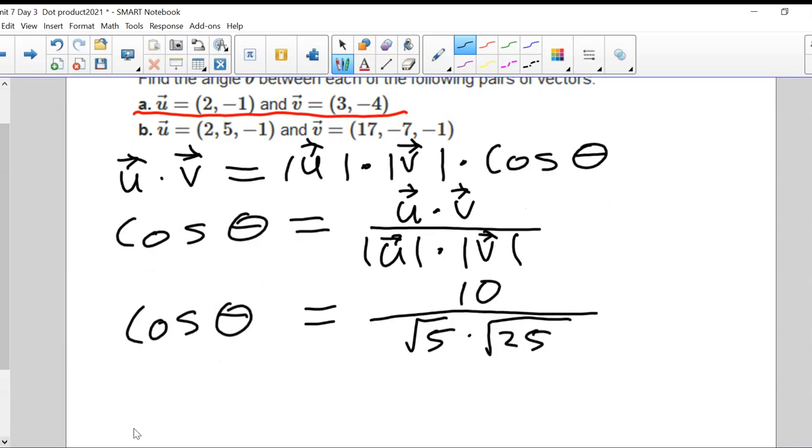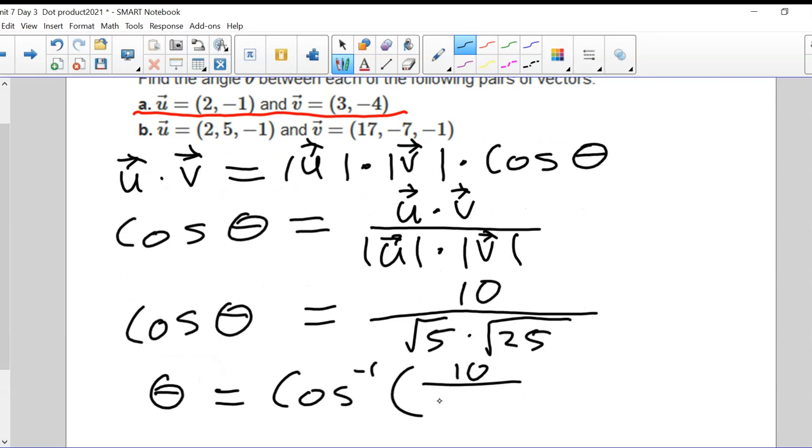So remember that to get theta, it's going to be cosine to the minus 1 of 10 over, let's put 5 root 5 then. All right, I guess that makes sense because we already know that the square root of 25 is in fact 5. So let me take out Sarah and let me reach out to